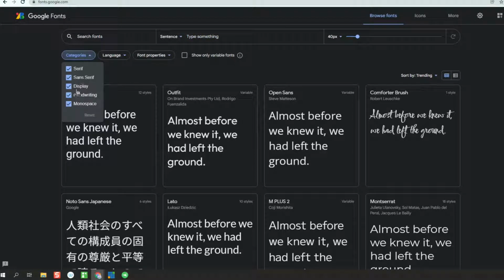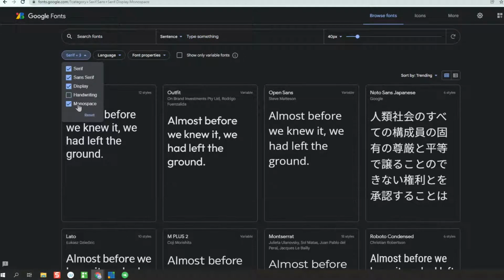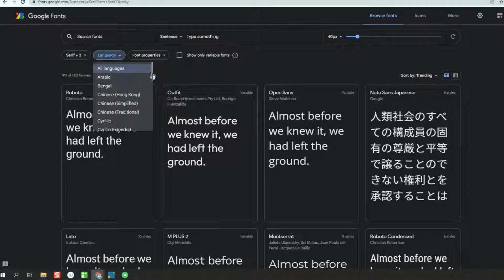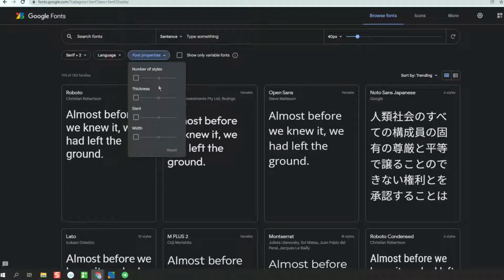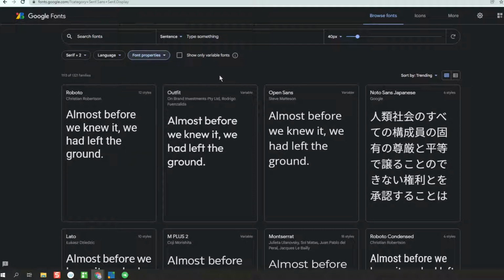So you can say, okay, no, I don't want handwriting for this, and I maybe don't want monospace. Maybe I do or don't want display. You can select different languages. There's a lot of different languages in here. And then you can adjust these types of things too. So you can really dial it down,